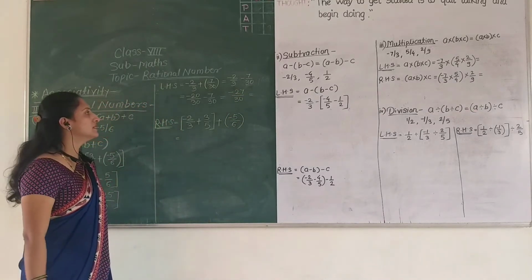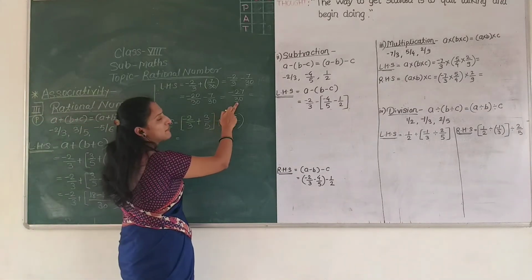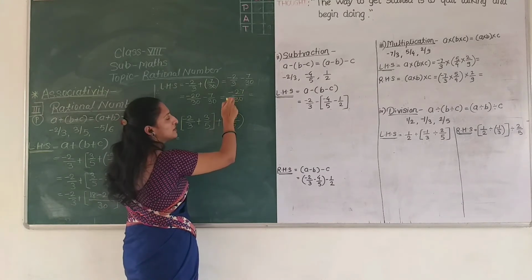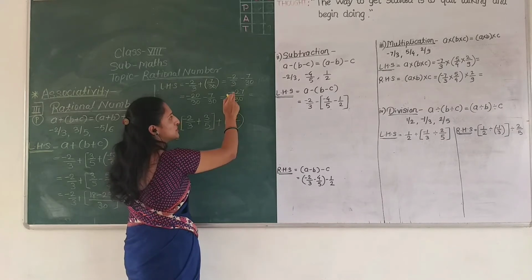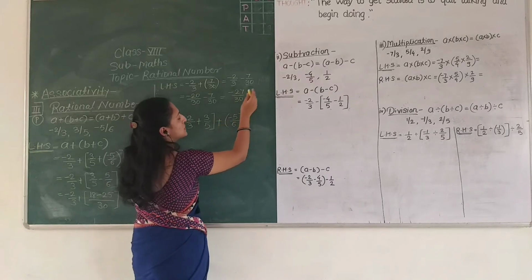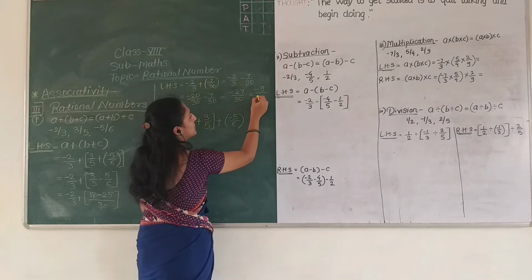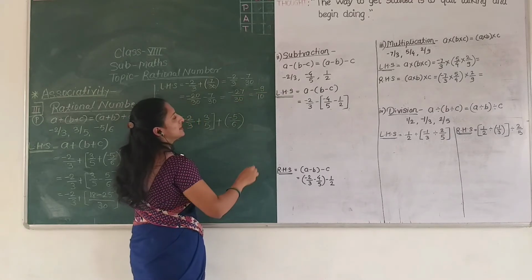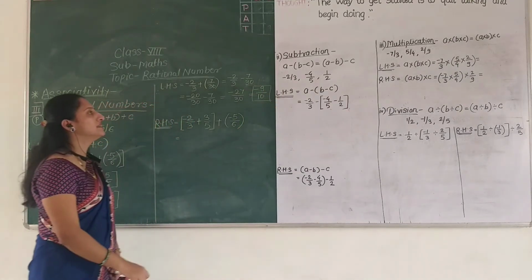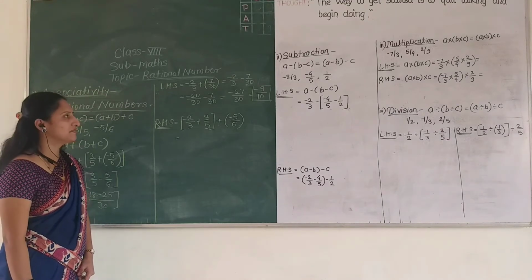Negative 27 upon 30. Now what is the simplest form here? Okay, 27 and 30 both come in the table of 3. So here we divide the numerator and denominator by the number 3. So here I get 3 nines are 27 and 3 tens are 30. Here there is a negative sign, so the answer is negative. So we get the answer in LHS as negative 9 upon 10.